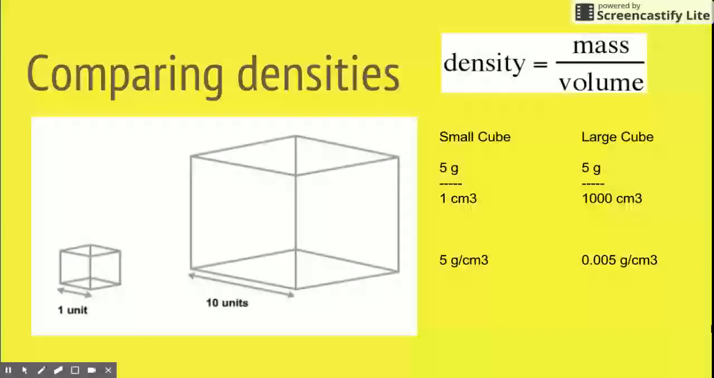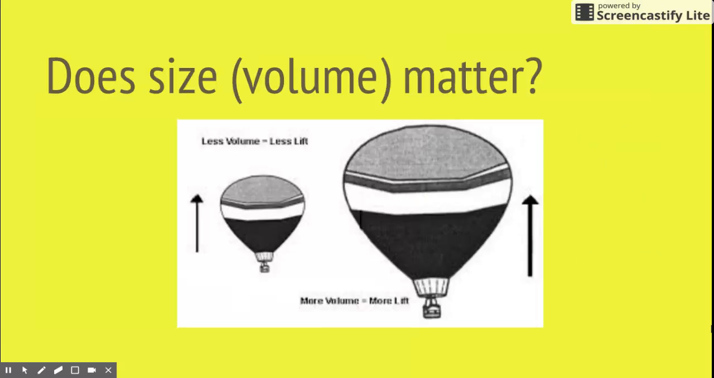In order to make a hot air balloon float, it's important to maintain a very low mass while maximizing our volume. So does size matter? In terms of volume, when we compare densities of an object,